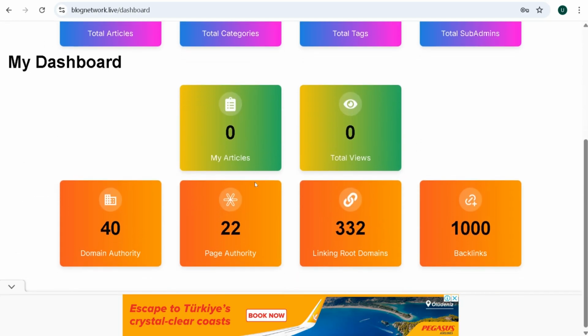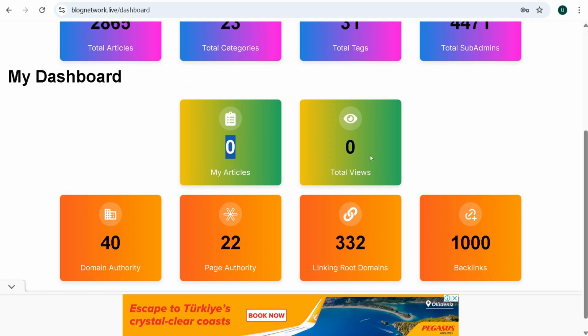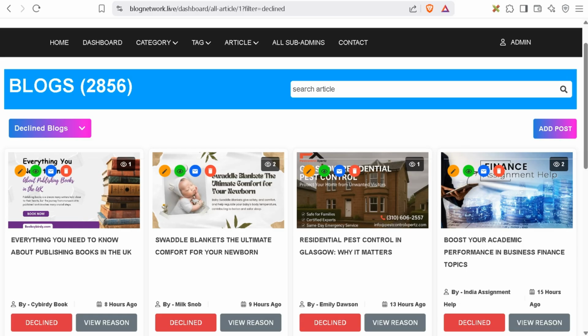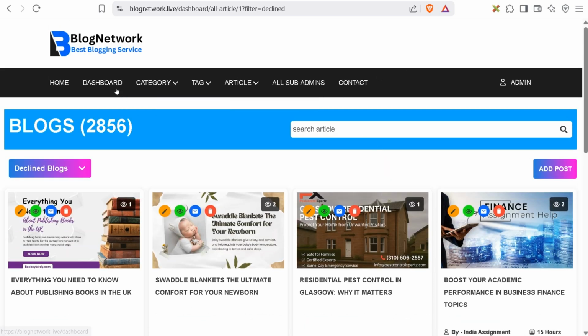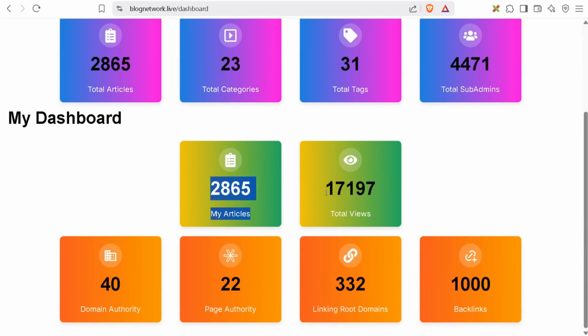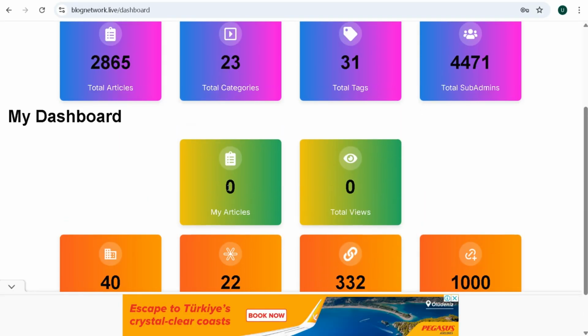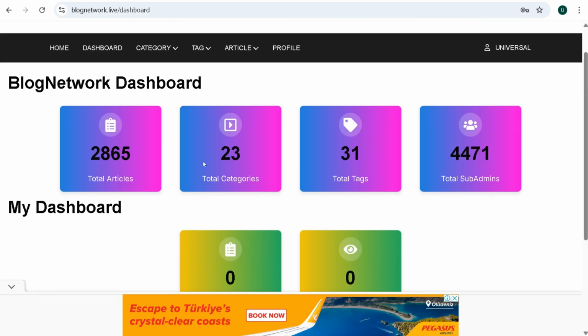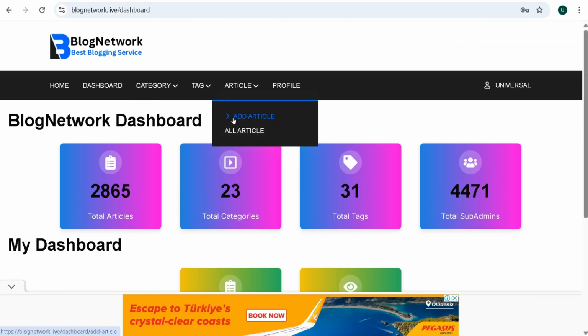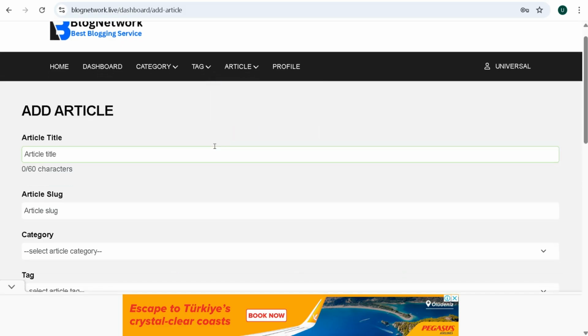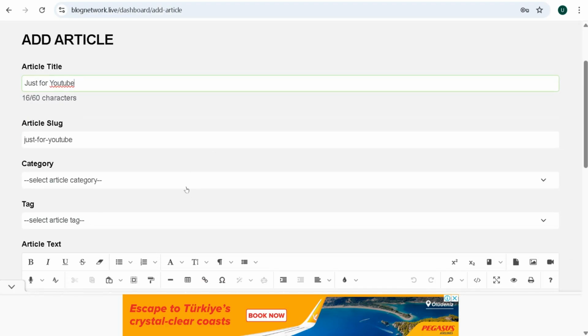Here you can see 0 articles and 0 views, and here you can see the total articles. It means that in the sub admin dashboard, this user has no articles, and if articles is 0, then views is also 0. So he just adds an article, like just for YouTube, and writes, select category, select